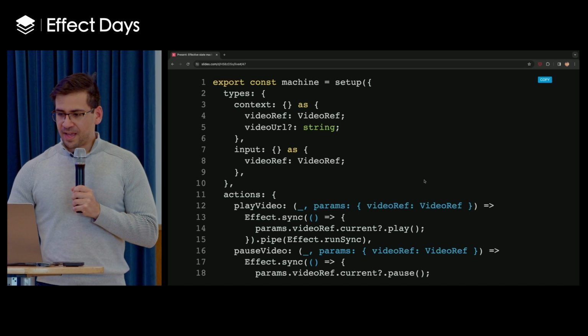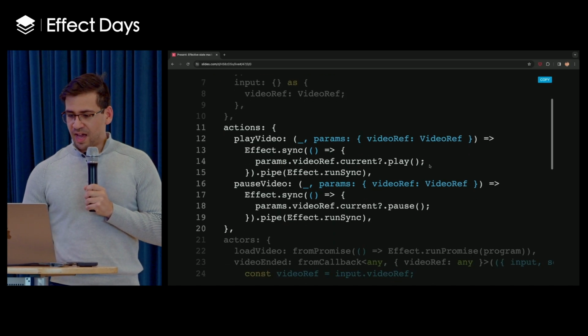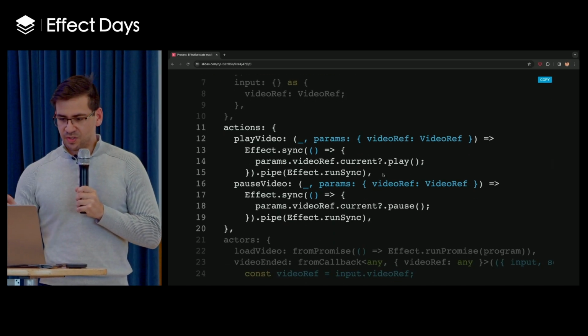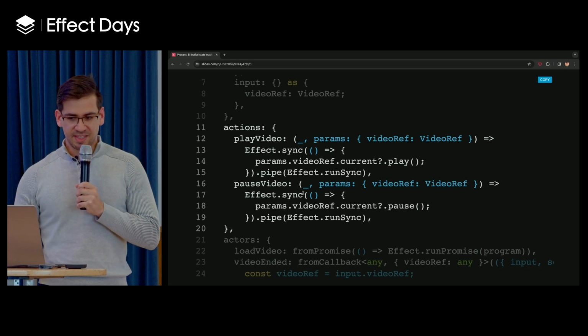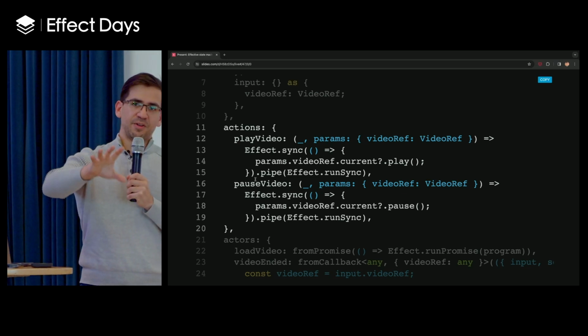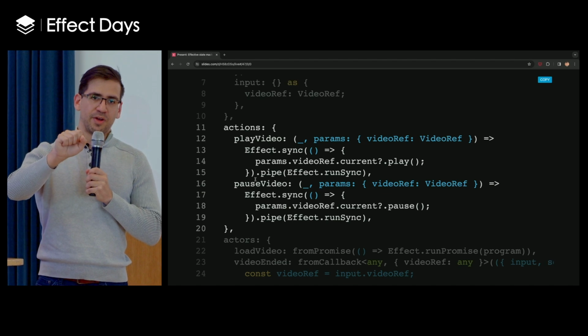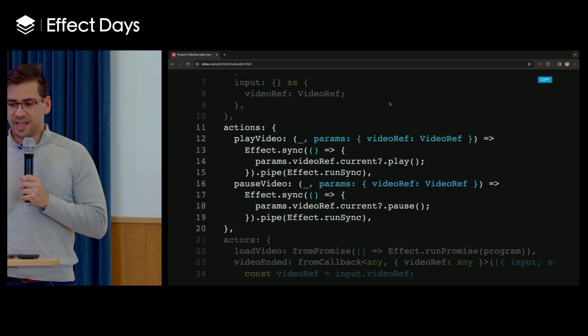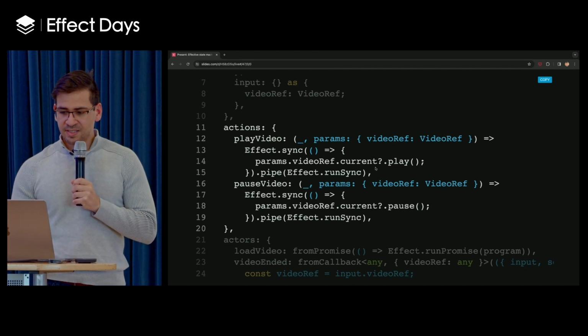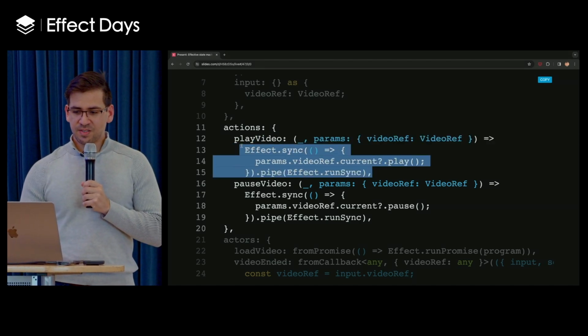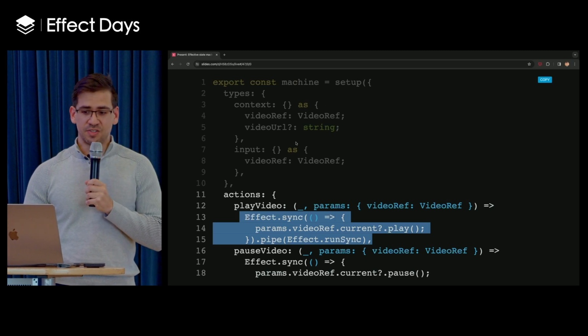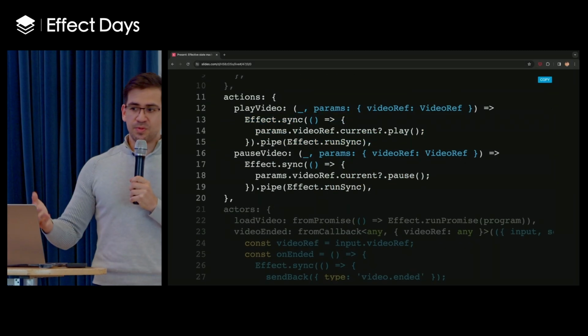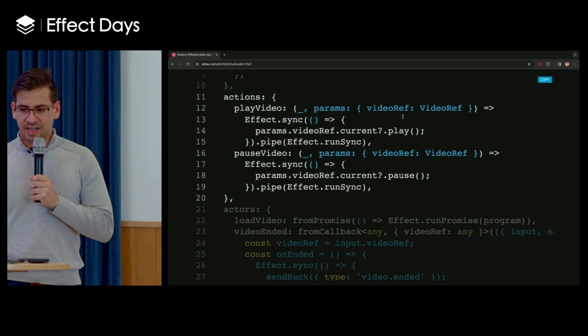So I made a little example over here. I don't have a demo to show you, but I promise you that this does work. Basically, I converted the video player example where we're going from the small screen to the big screen when you click the video. And I'm using Effect for the actions here. This is what's really nice about the setup function too, that you could define those effects up front inside of here.